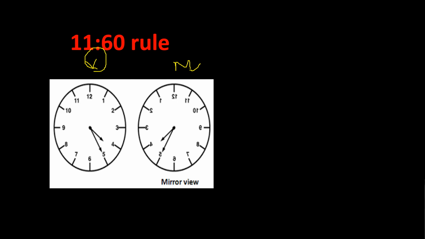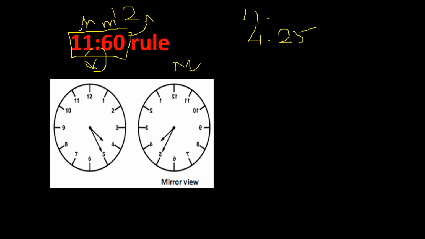You know that in an analog clock there is a maximum of 12 hours. So here I have given 11:60. It is 11 hours and 60 minutes. It is nothing but the 12 hours. So what I am doing is subtracting the given time from this 11:60. In this case the given time is 4:25. So I am subtracting this from 11:60. I am getting the answer of 7:35.